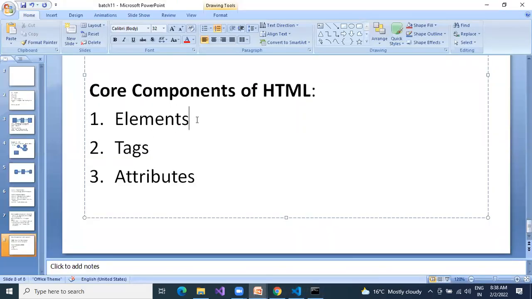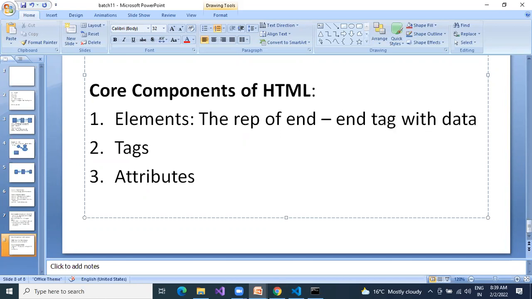Okay. So what is an element? The representation of end-to-end tag with data is your element.